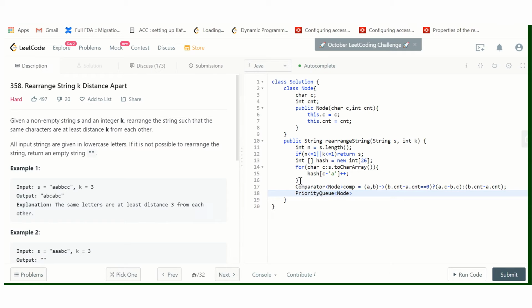Let's create a priority queue. Initialize it with this comparator.